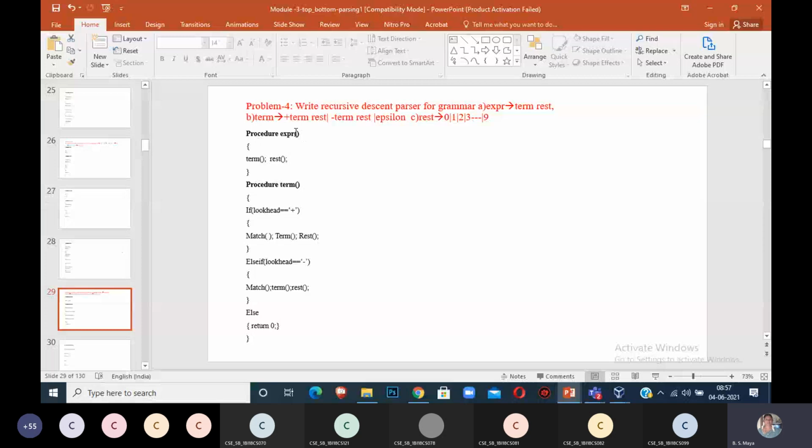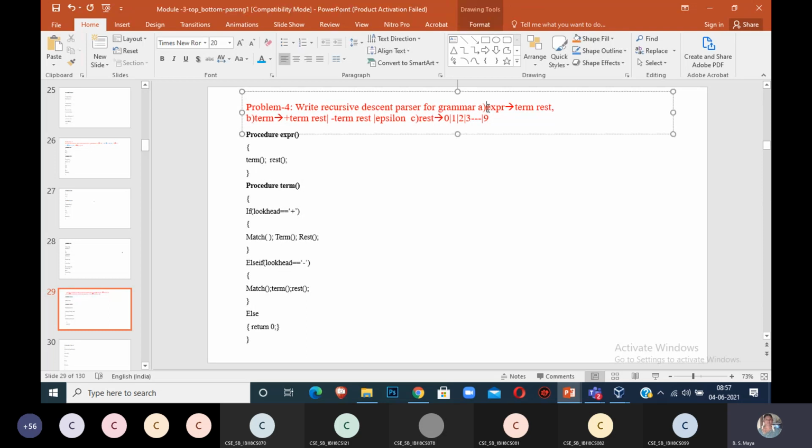Can you take down the problem? Write a recursive descent parser for the grammar. A derives the first one. A is for fraction. EXPR derives term or rest, because term is also a non-terminal, rest is also a non-terminal. Okay, don't think you'll always get uppercase letters only. You can be given anything. Expression derives term or rest.